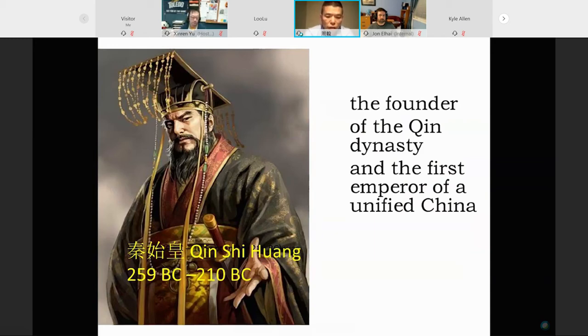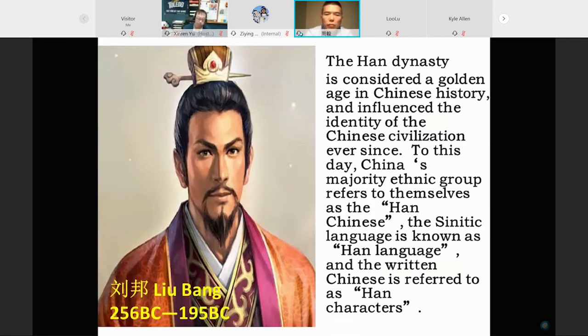So at this time, China was unified under one emperor and was then known as Imperial China. And then at that time, the dragon was used as a symbol of the power of the emperor. So in Chinese culture, if you are considered powerful, we call you a dragon. If you are considered insignificant, we say you are a worm. And I want to mention this emperor, because he really was a great emperor 2,000 years ago.